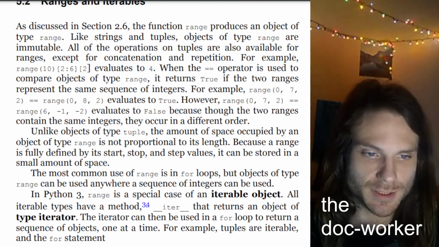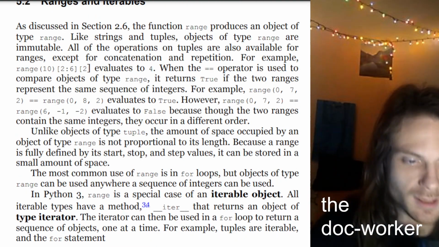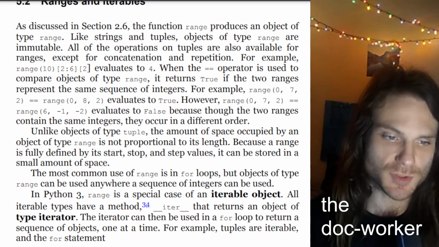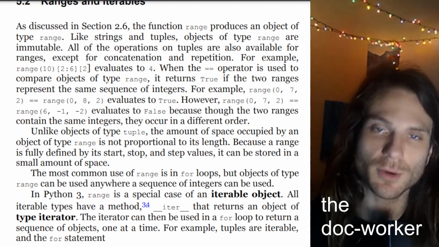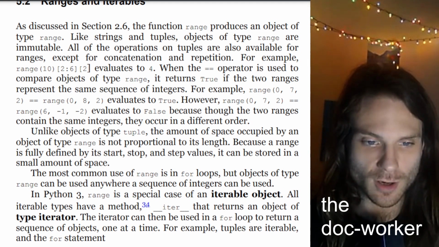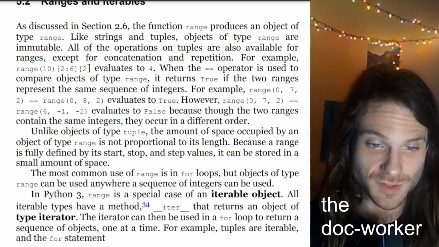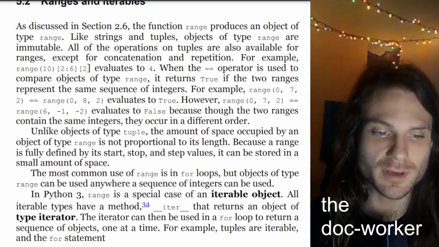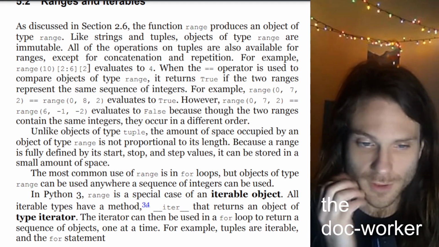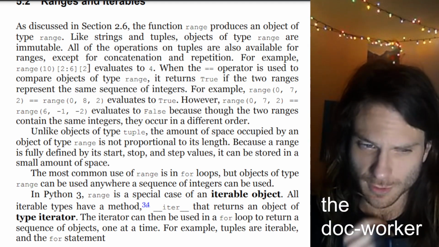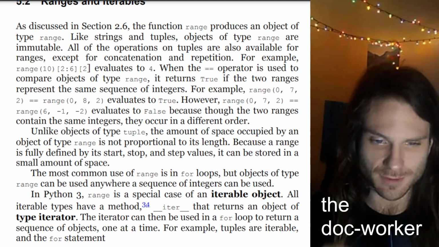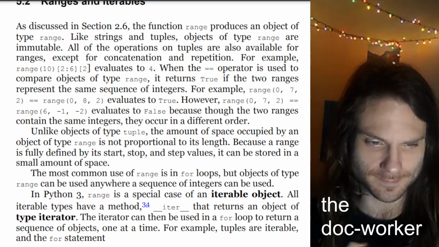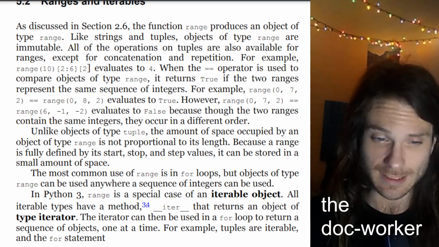Ranges and iterables. As discussed in section 2.6, the function range produces an object of type range. Like strings and tuples, objects of type range are immutable. All of the operations on tuples are also available for ranges, except for concatenation and repetition. For example, range(10)